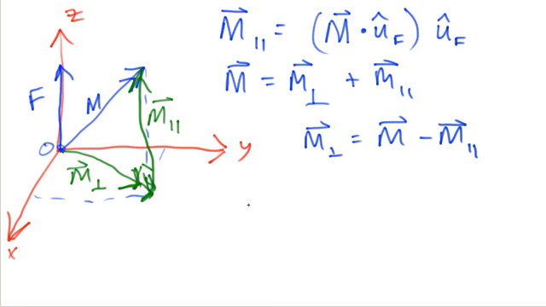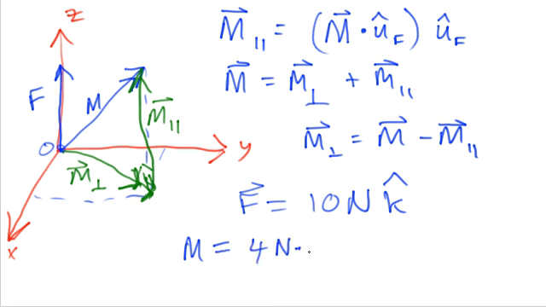If F is, say, 10 newtons times k, and say M happens to be 4 newton-meters times i plus 3 newton-meters times j plus 5 newton-meters times k,